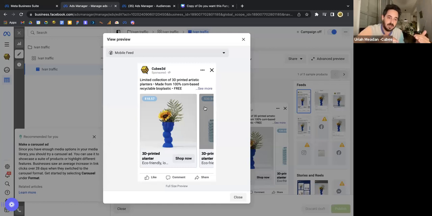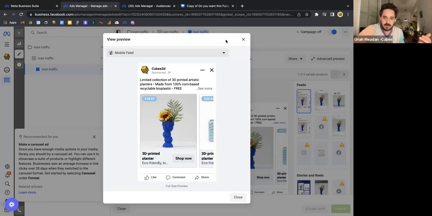I can do free shipping labels. There are all these different labels that you can put. And what it gives the customers is an experience where they're scrolling through their feed, but then all of a sudden they see your specific products and they can then start scrolling sideways. I'm sure you've done this before yourself, right? You see these